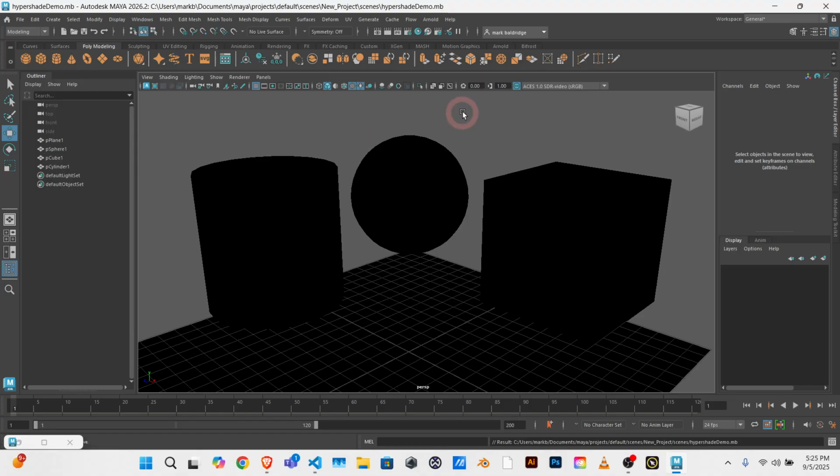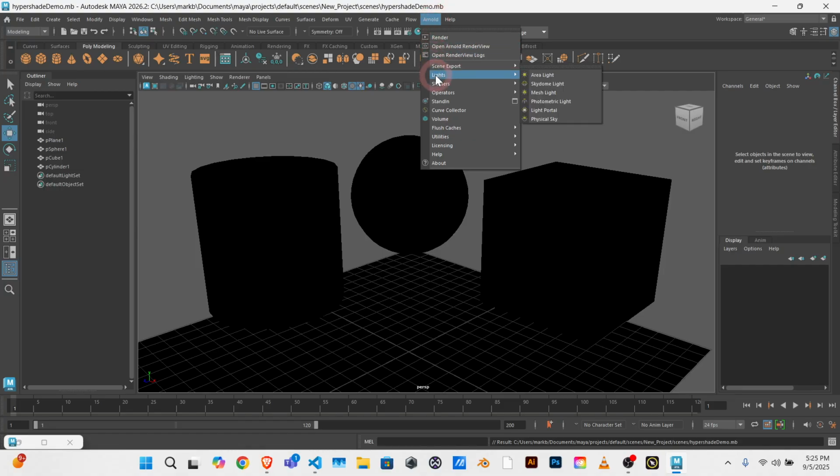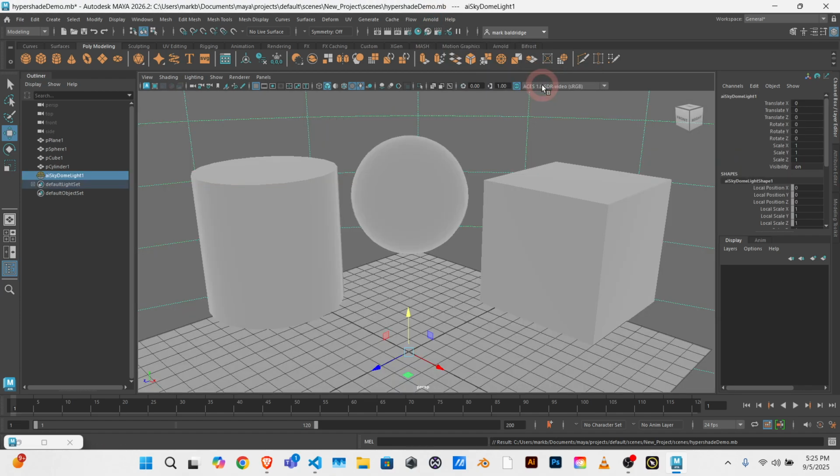So the very first thing I'm going to do is add a light. I'm going to use Arnold materials, Arnold renderers, and Arnold lights. So we might as well add an Arnold light here. So Arnold lights, sky dome light. So it's very white, very bright, but let's see what it would look like rendered, because what we see in